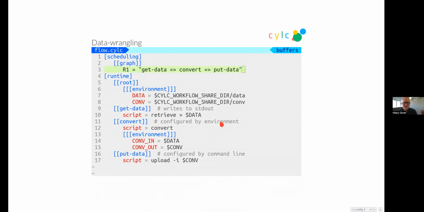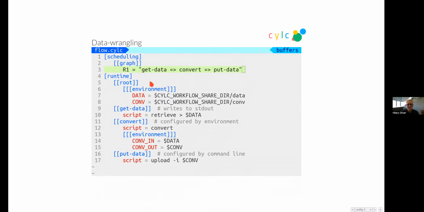Now, don't be scared off here. This is as bad as it's going to get in this webinar. This is a complete workflow definition that shows you how to co-opt 3 separate applications into a Cylc workflow and actually have the data exchange between the tasks very easily, which is what I haven't shown you yet.